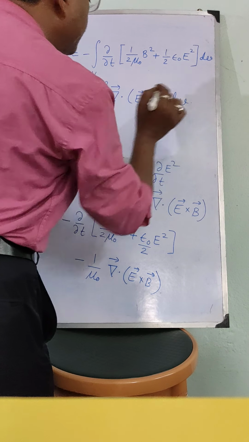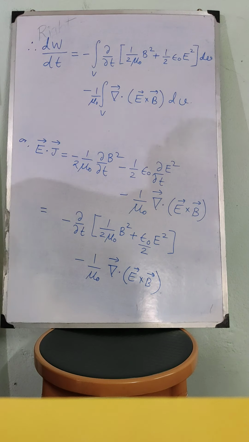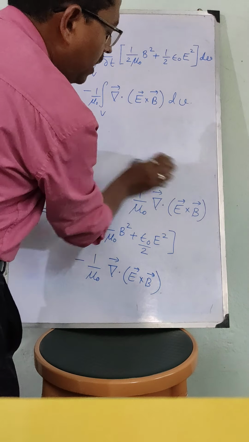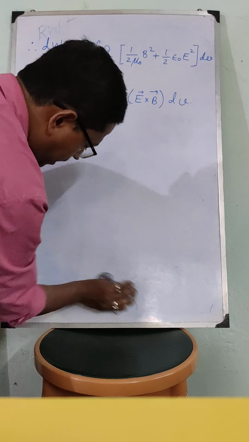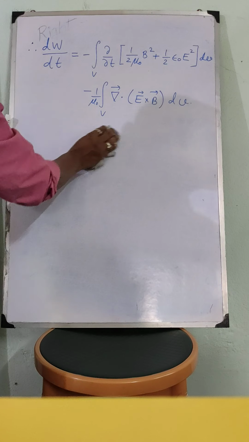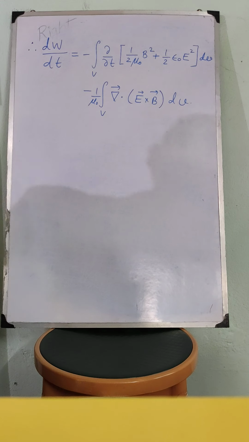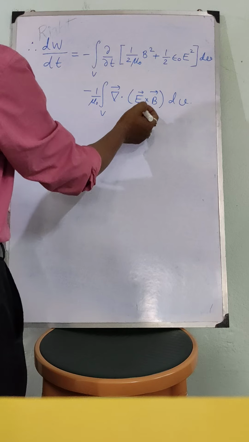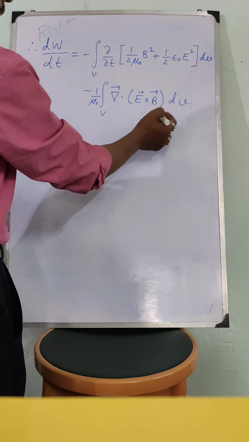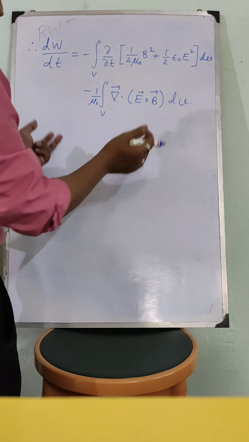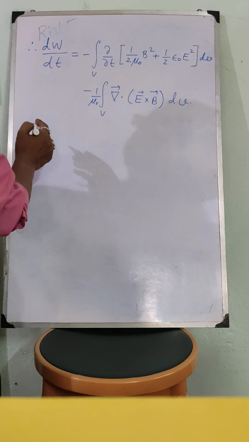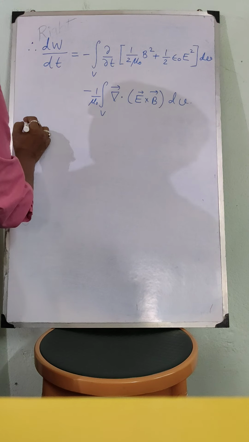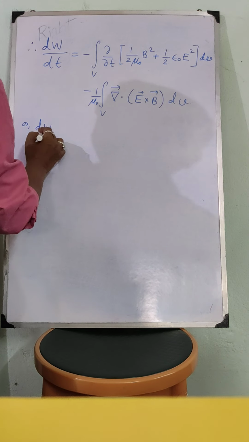dV. So this is the final expression of the rate of work done by the electromagnetic field on the charges in volume V. Okay. Now, I will use Gauss's divergence theorem on this term and convert this volume integration into a surface integration, surface enclosing volume V. So, dW/dt